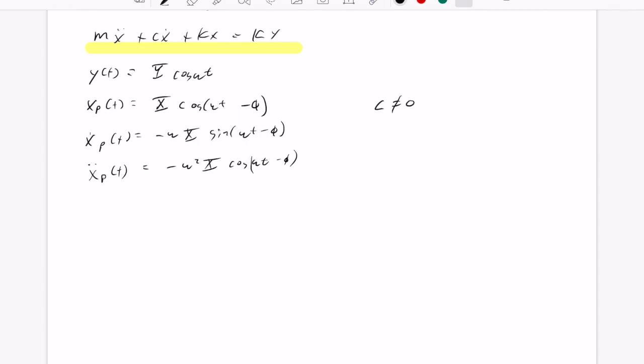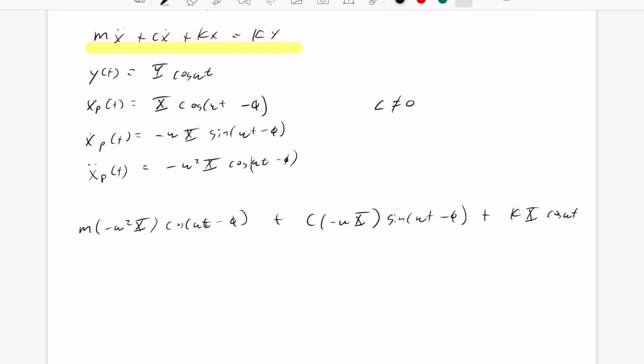So we end up with m times negative omega squared x times cosine of omega t minus phi plus c times negative omega x times sine omega t minus phi plus k x cosine omega t minus phi,